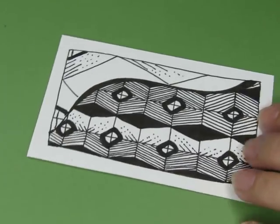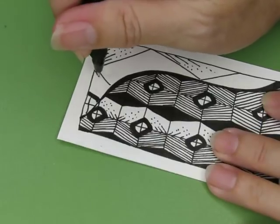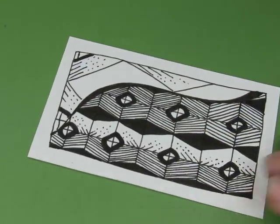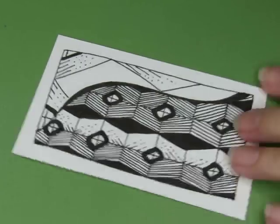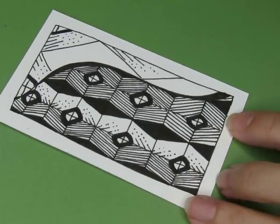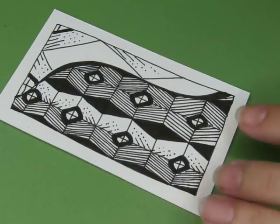Something like that. Okay, I like that. That's better. It needed a little something in that corner. All right, I think